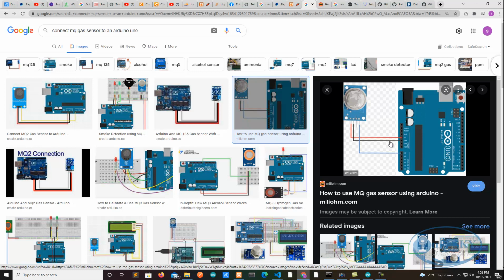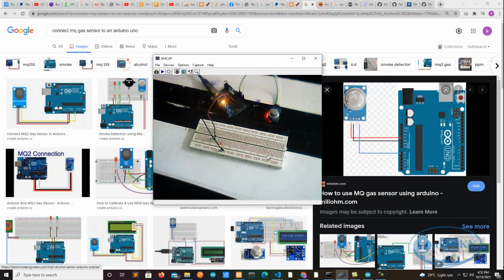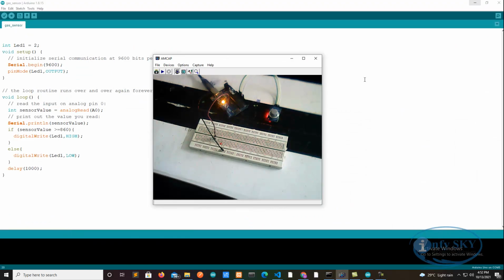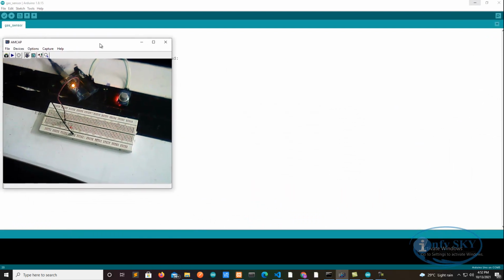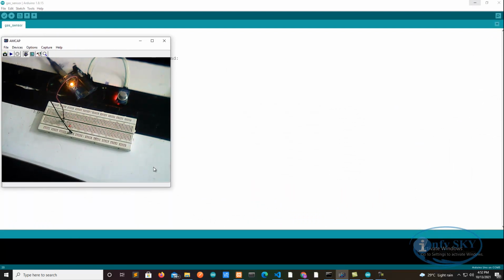Okay, now the connection is done, so I will show you that connection on camera also. So you can see here, I think it is visible to you guys, right? Okay, yes, you can see here, I have done the connection. This is our MQ6 gas sensor. Okay, it has 3 pins. Then one green LED will be there, 2 LEDs will be there. So I have connected one to 5 volt, then one to ground, and one to the analog pin. Okay, this is for the MQ sensor.